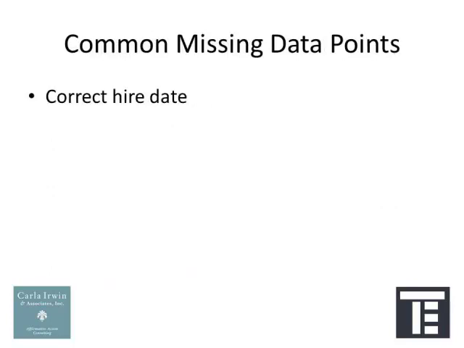Okay, so some common missing data points. When I'm working with clients, what are some of the things that I see that can be an issue? And the first one is the correct hire date. And what I mean by that is that do you really know what date you're pulling into your report? So when you pull hire date, is it the first hire date they had? Is it the last hire date they had? Is it some sort of mix because you're bridging seniority, that kind of thing? So really understanding and knowing what hire date is in there and pulling as many as you have, is important. But that's one of the things that I ask the question of clients, okay, which hire date is it?